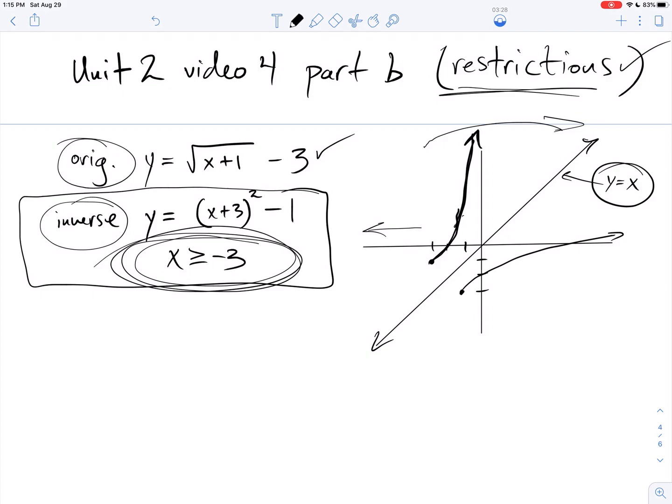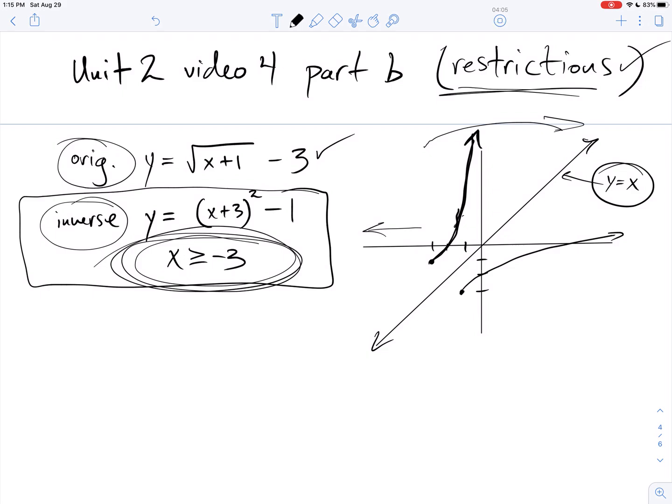We only have to do this on even stuff. So if it's 2nd, 4th, 6th, 8th, 10th, square root, 4th root, 6th root, those guys need restrictions involved. But you know what? If you know how to do a square root, you would know how to do a 4th root. If you knew how to do a 6th root, you would know how to do an 8th root. We're only going to do this on your next topic, or next